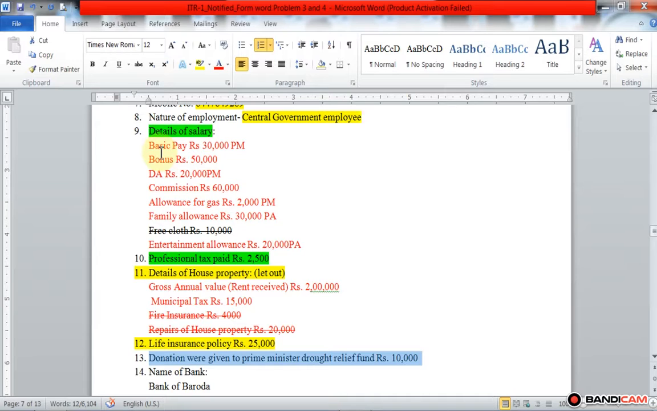Just remember whether 50% or 100% of a donation is allowed for deduction. 100% is allowed if the donation is given to the Prime Minister Drought Relief Fund, Prime Minister Tsunami Fund, or Prime Minister Earthquake Fund. 50% applies if the donation is given to a temple, orphanage, educational institution, etc. Here the donation was given to the Prime Minister Drought Relief Fund, so it is 100% allowed